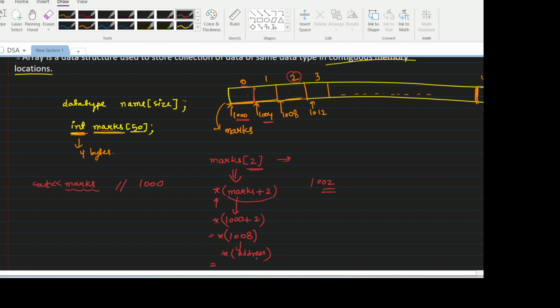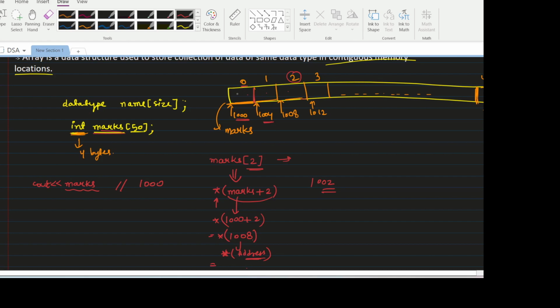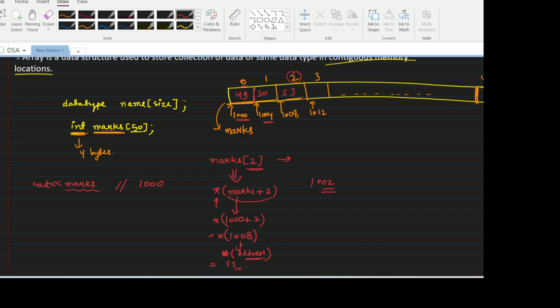So whatever the value present at this address will be dereferenced by this operator, the star asterisk operator. So if we have the marks like 50 and 53, then 53 will be printed here. So if